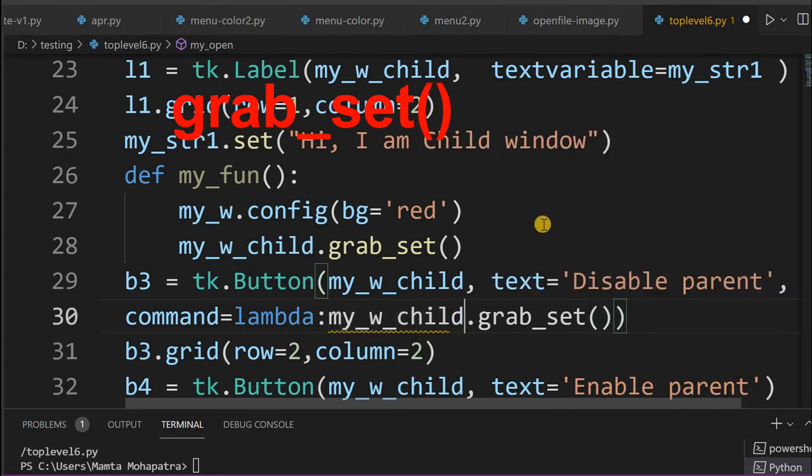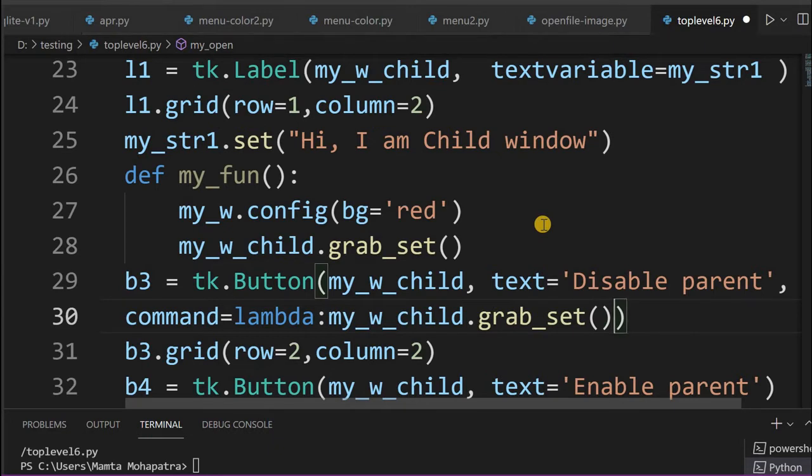Once this button is clicked, this will grab the focus or disable the parent. So this child will be in focus and I can work on this child window. The parent window will have no functionality.